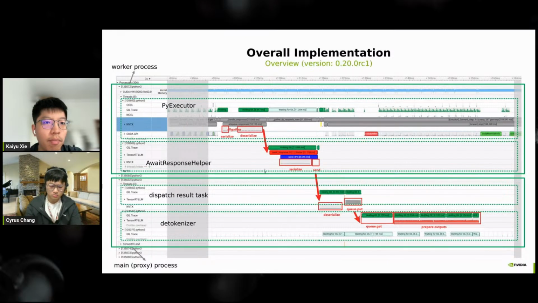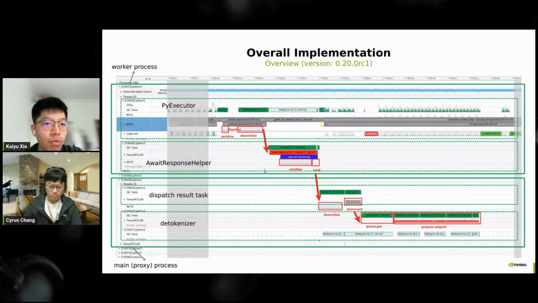By the way, you can find the latest version on GitHub, and we are currently preparing 1.0. We have published some release candidate versions. When you benchmark and profile the implementation on the latest version, you could expect something different from the one I just mentioned. So, back to the timeline, you could see that there are several different processes and